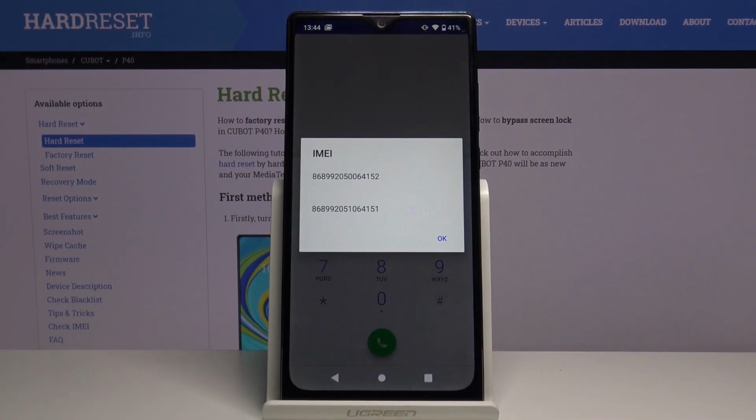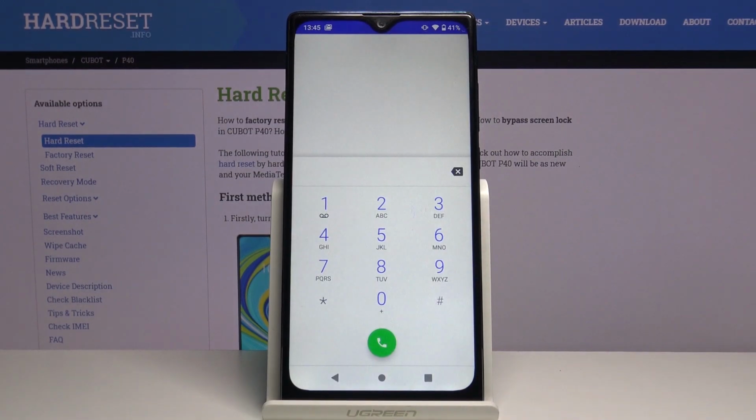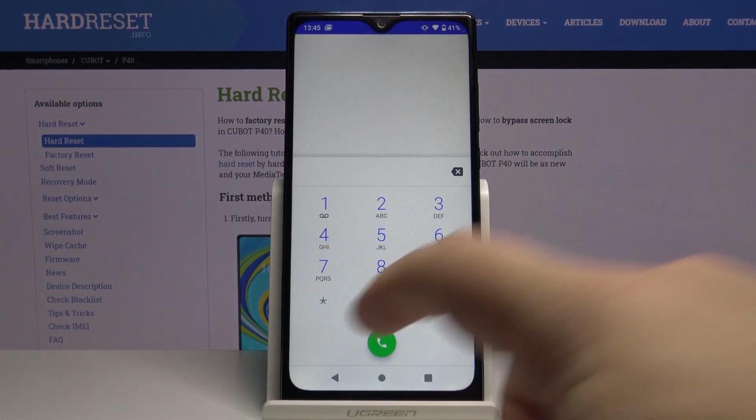*#06#, and this code opens the IMEI info menu. Here you can check the IMEI numbers of your device. Okay, let's tap OK to close this and enter another code, which is